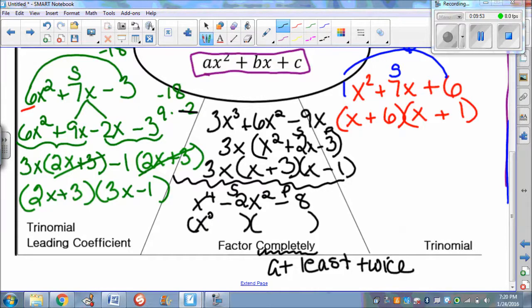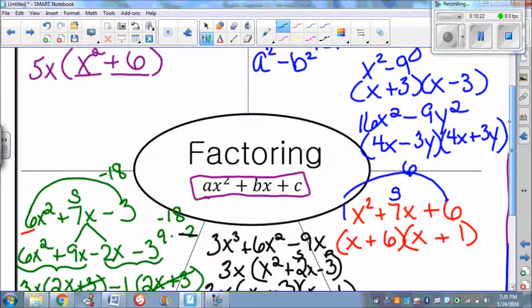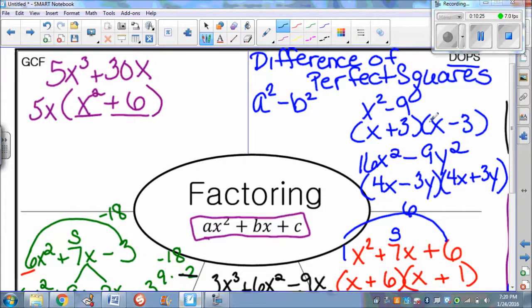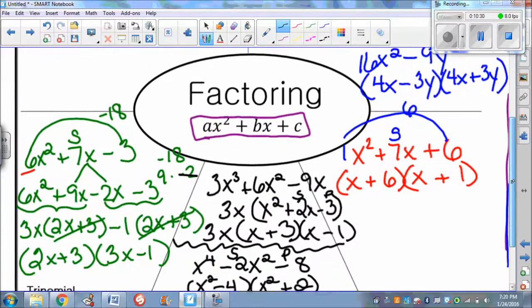So I'm going to start off with x squared and x squared, because when I multiply, I'm going to add my exponents. That's going to give me x to the 4th. And two numbers that multiply to a negative 8 but sum to negative 2, and that's going to be a negative 4 and a positive 2. But again, scan your answer, and hopefully you're picking up on this x squared minus 4. What type is that? That's our upper right. That's our difference of perfect squares. So I need to then factor, again, that x squared minus 4